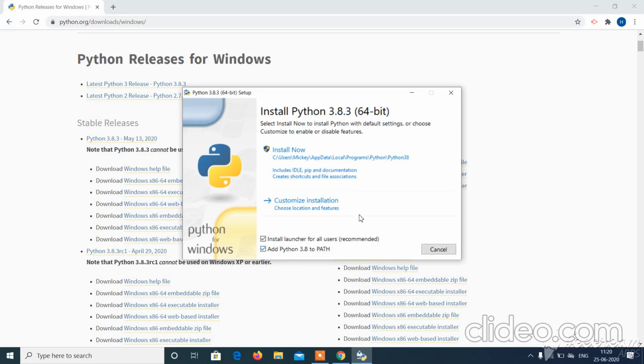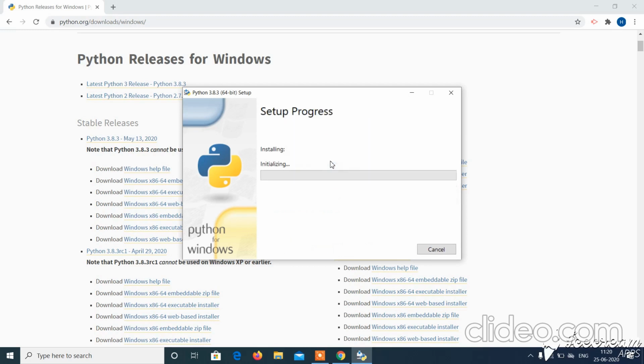And just click on the first option, that is install now. This is asking you to make changes in your device. So here you have to give the permission, and you have to click on yes. It will take several moments. Let's wait. So this is the last step where you are installing your Python, and then your software will be ready for execution.